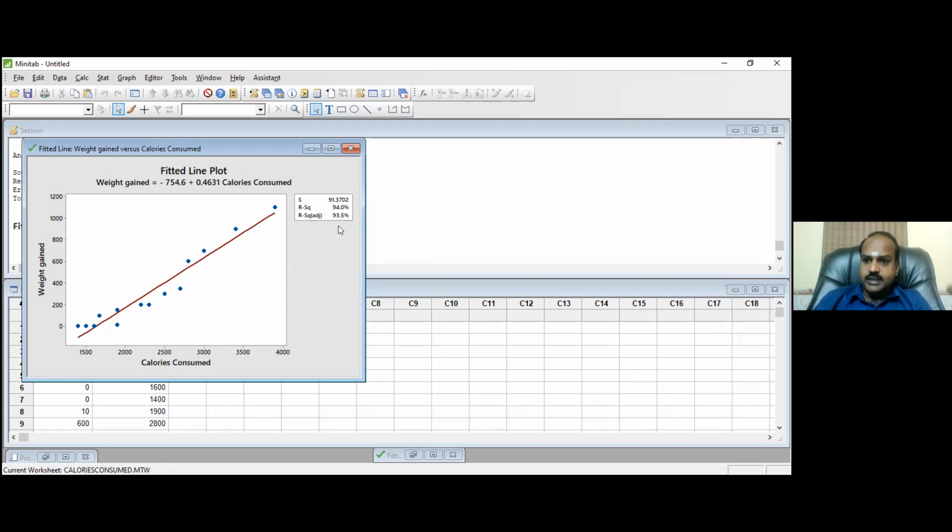So which is more accurate, R square or adjusted R square? Adjusted R square. So don't look at the R square, start looking at the adjusted R square. Your adjusted R square has to be 80% and above so that you can say your fit is the best fit. All of you understand? All of you understand the regression? Yes, sir. Right?